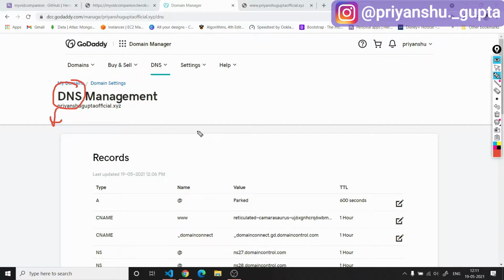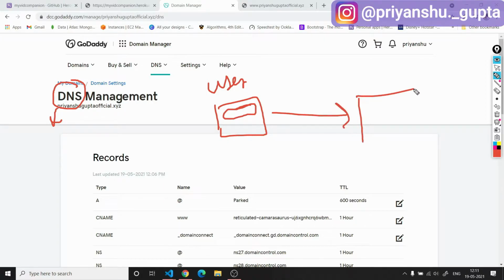So if any person will try to communicate to our web application that we have deployed, what will happen is, suppose this is a user, and in his browser he or she will write the custom domain name that you have purchased in the browser tab. And once he has entered that domain, this browser will try to contact the DNS server, because this browser actually needs the IP address of the server on which our web application has been deployed.